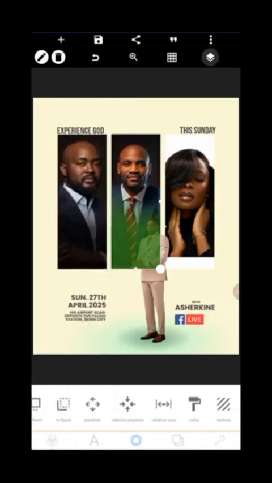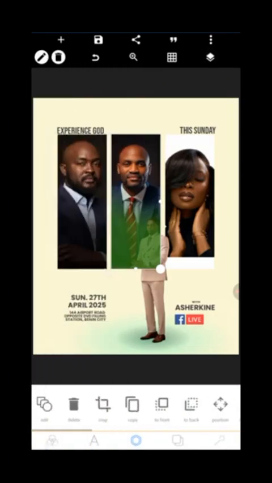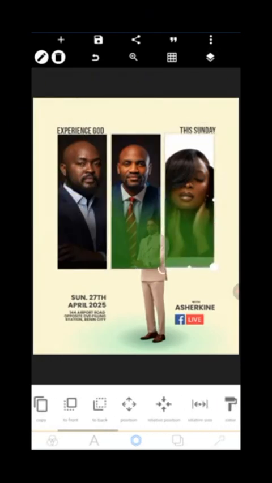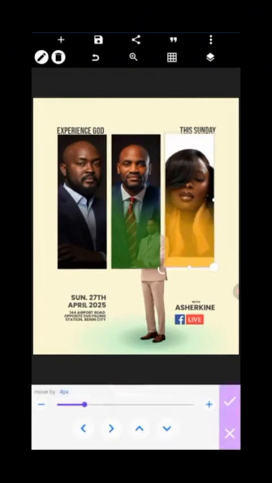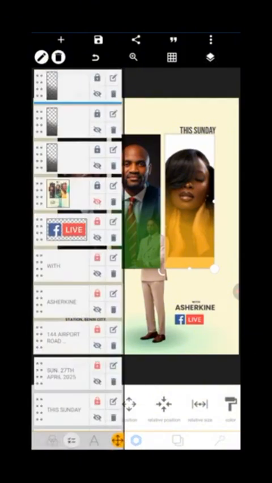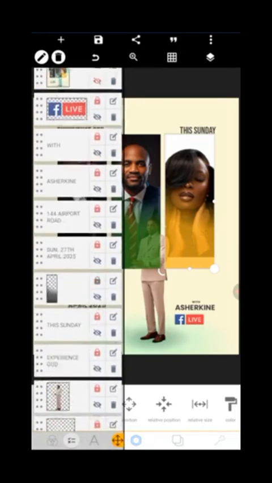Then the third one, copy it as well. And the third one is yellow. Now what you do is move everything to the extreme back behind the